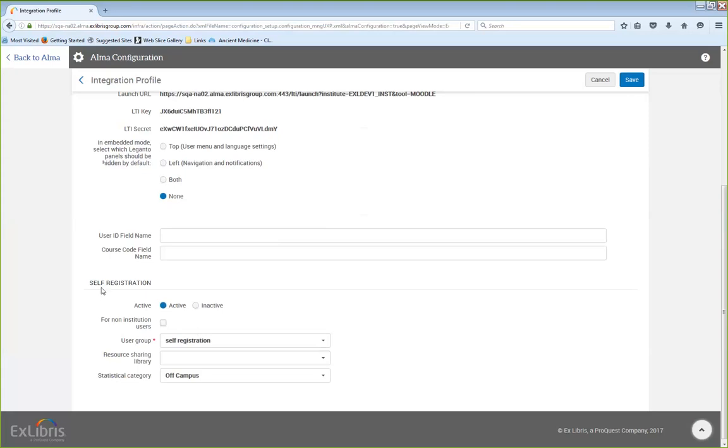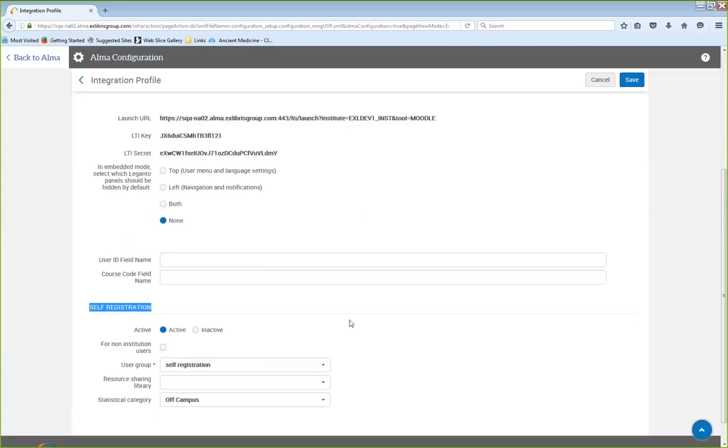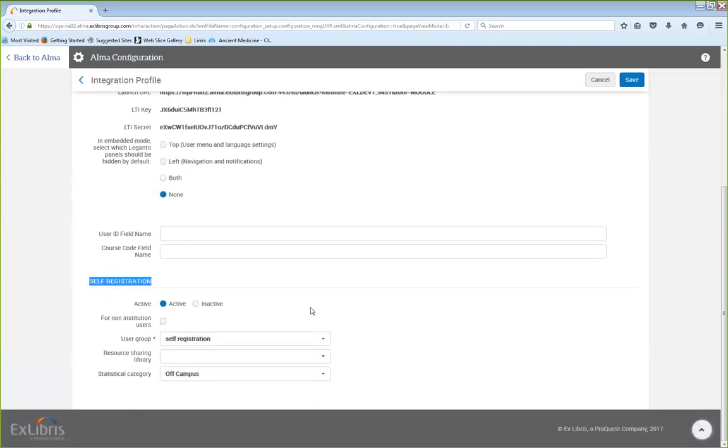So when you activate the self-registration area in the LTI configuration panel, then I need to choose which user group to associate, and the user will be created according to the user group configuration. Now every user that reaches Alma from this LTI and does not exist in Alma as a student will be created for this purpose in Alma